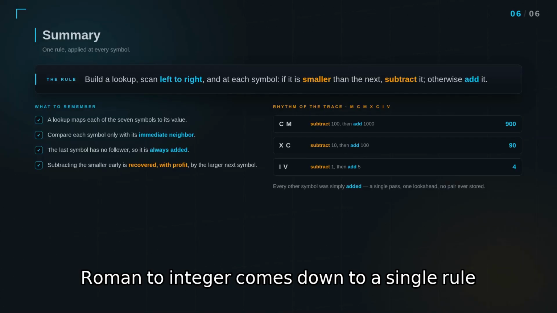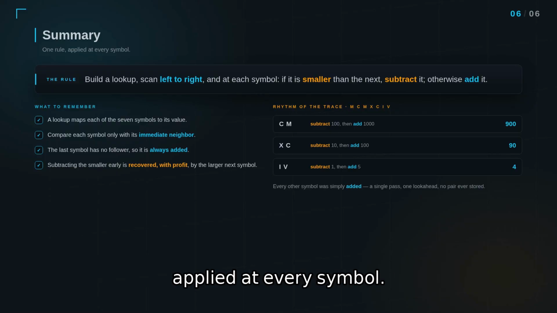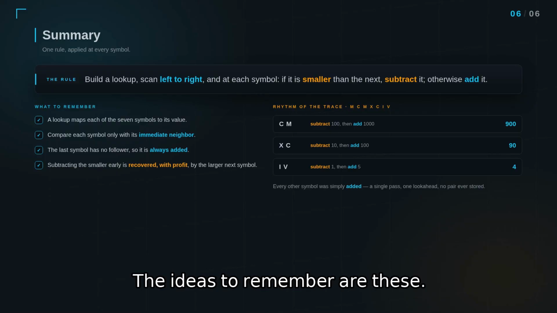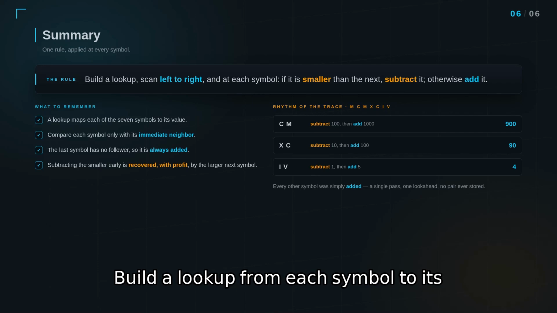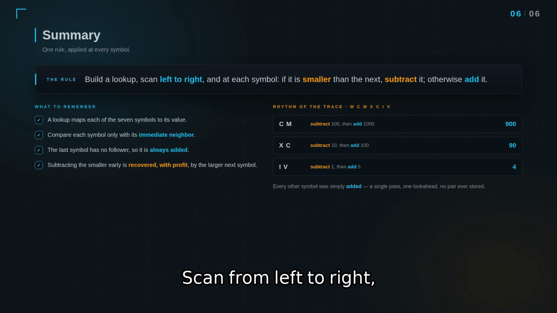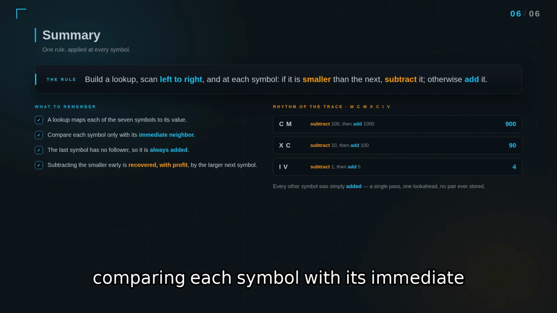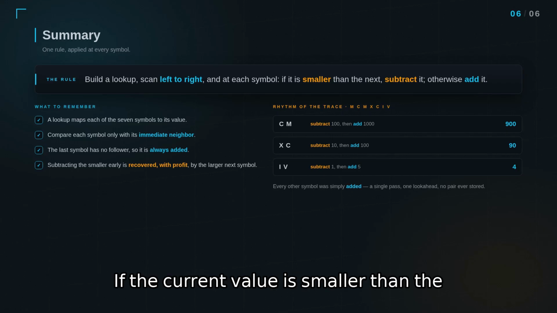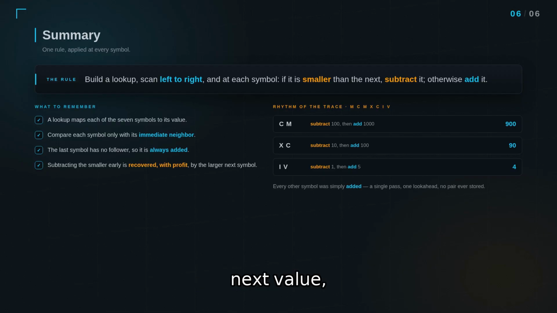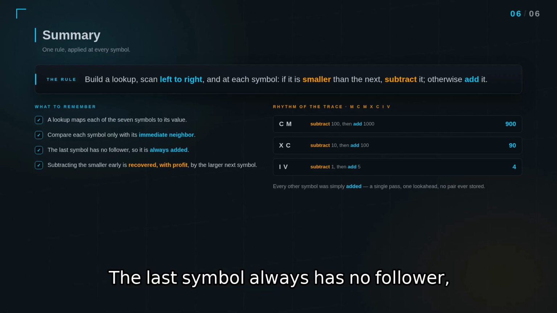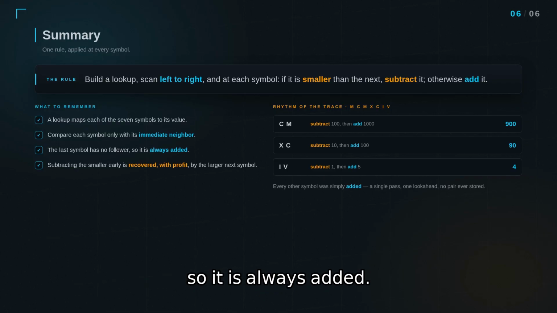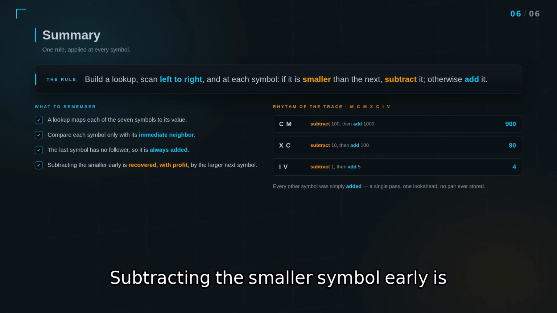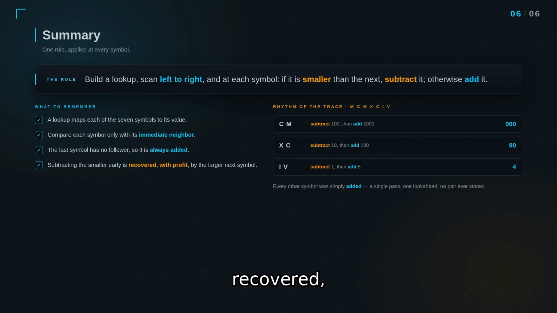Summary. Roman to integer comes down to a single rule applied at every symbol. The ideas to remember are these. Build a lookup from each symbol to its value. Scan from left to right, comparing each symbol with its immediate neighbor. If the current value is smaller than the next value, subtract it now. Otherwise, add it. The last symbol always has no follower, so it is always added. Subtracting the smaller symbol early is recovered with profit